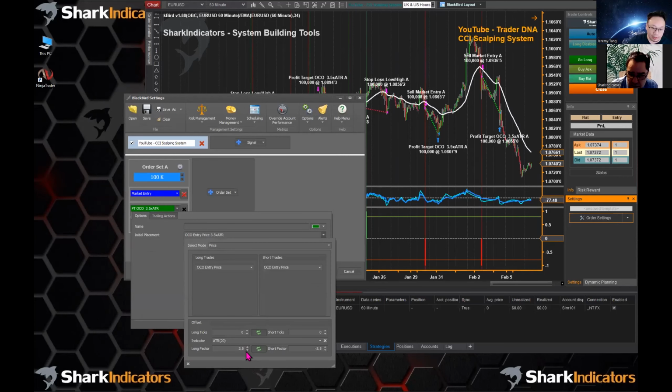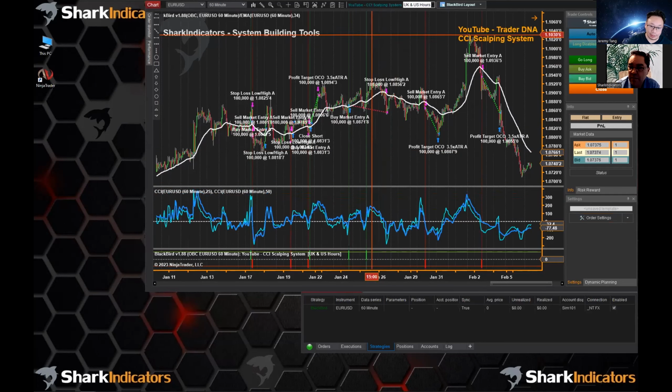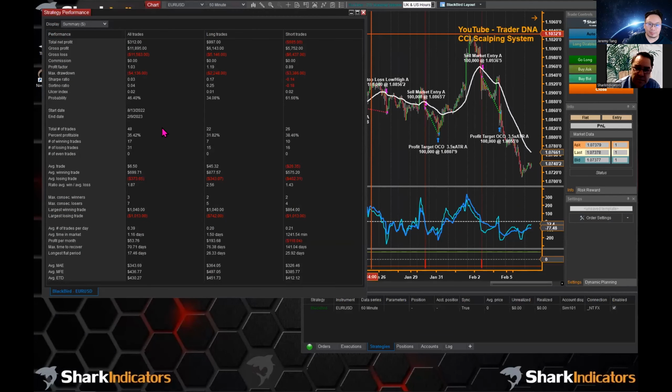John's asking, why is it period 20? Well, Zach's just choosing a number that's matching the other ATRs in the system. There's no hard and fast rule. Obviously, the longer your ATR period, the more of a sample size of how large or small that bar is gets taken into consideration. Essentially it's saying take a sample of the last 20 bars, give me the average bar size for that. That's of course another thing you can experiment with.